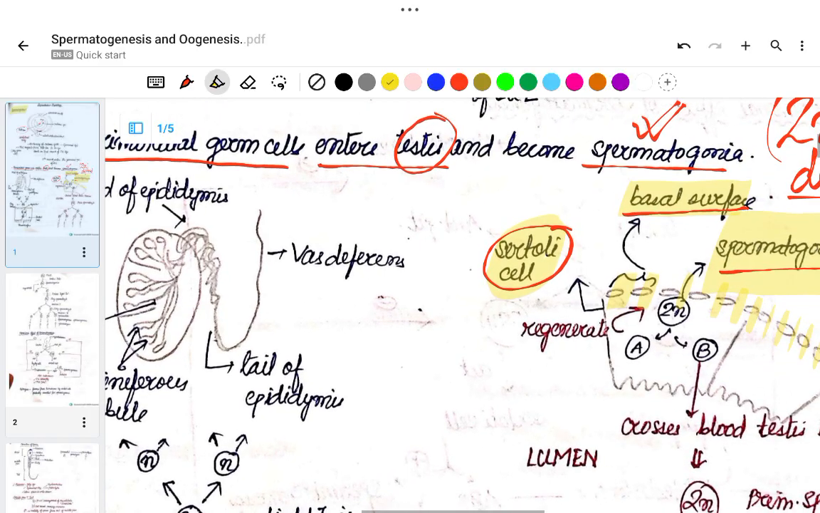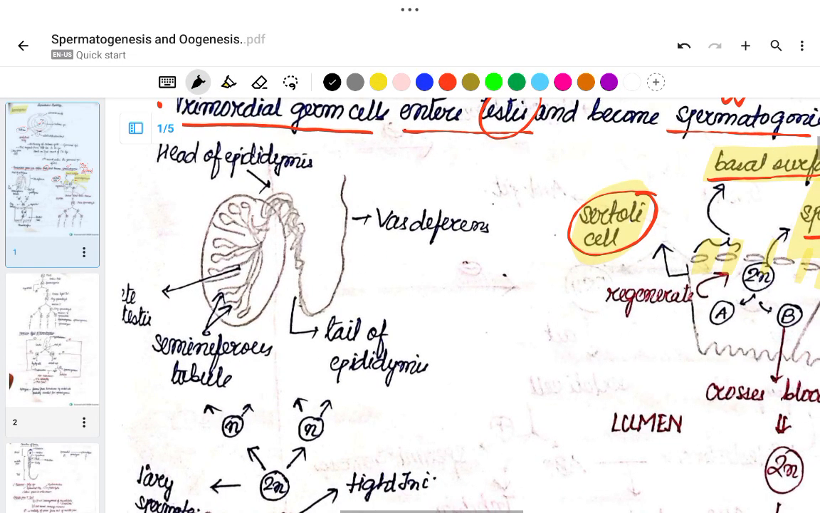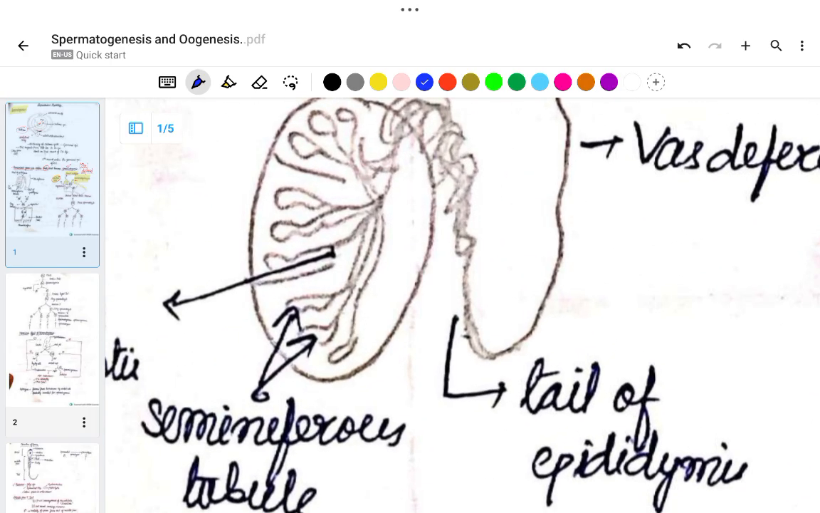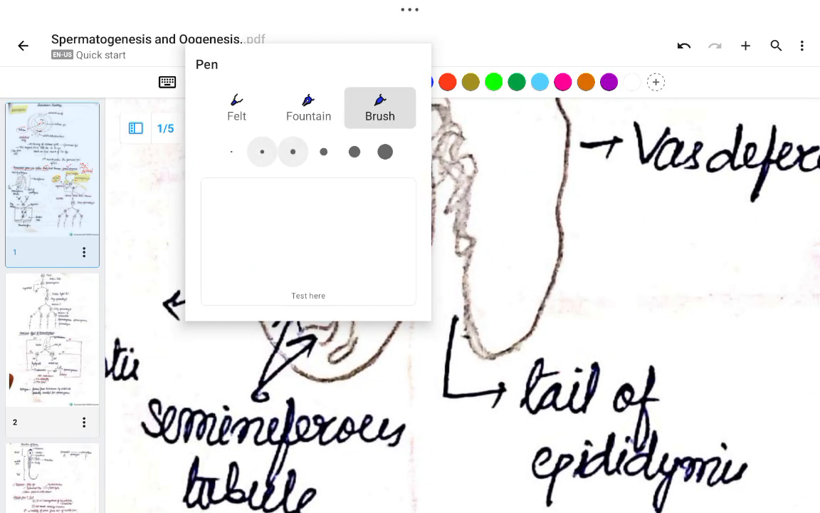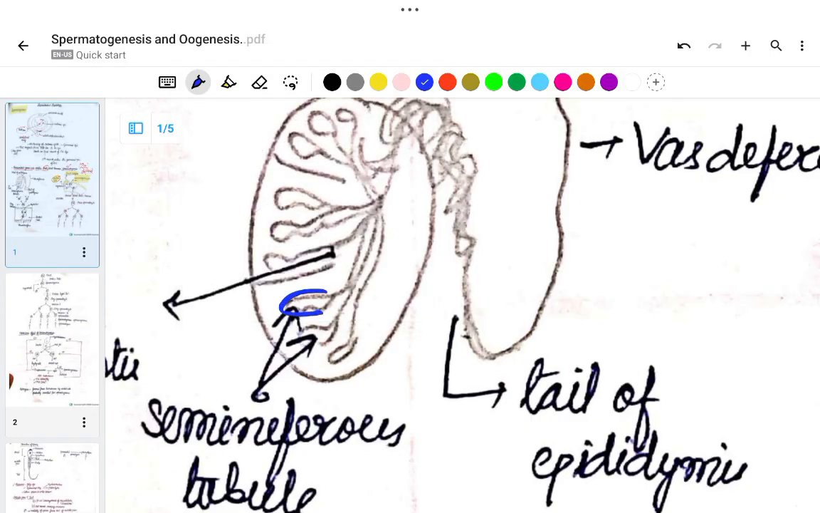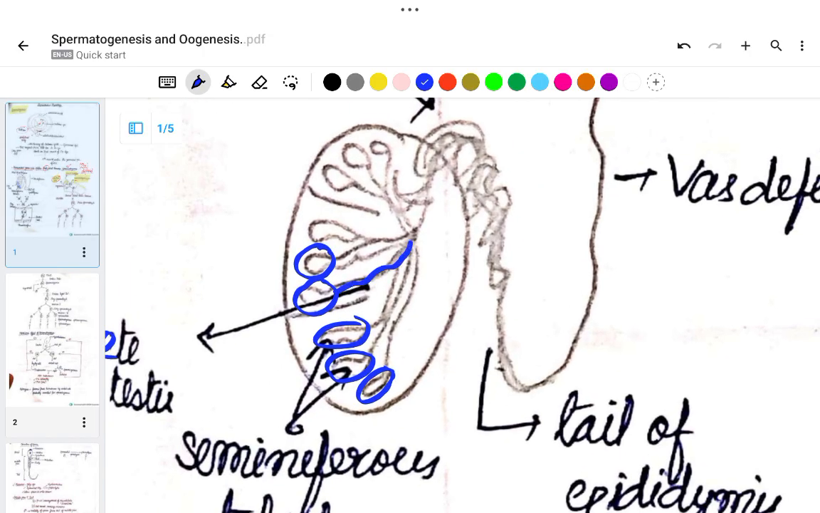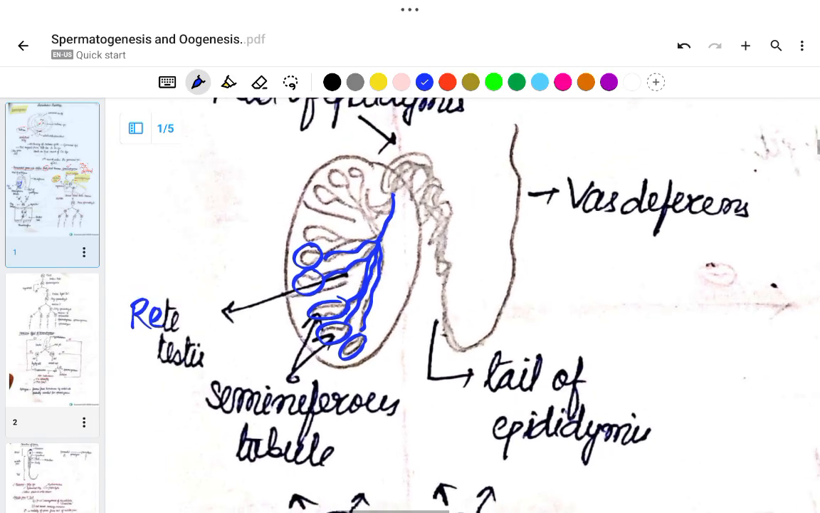Now, before coming to this diagram, let's come here. Here we have the diagram that shows the seminiferous tubule. Then comes the rete testis. From the seminiferous tubule we have the rete testis, and they are coming and then forming the